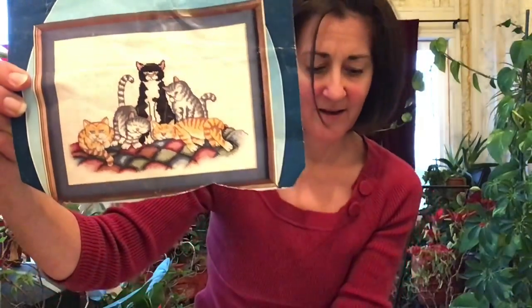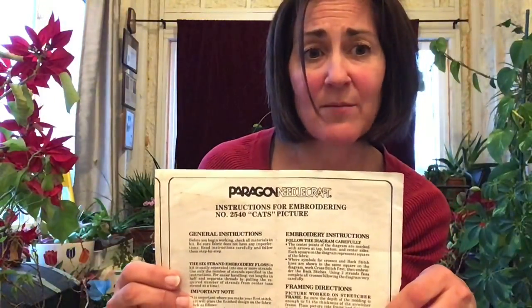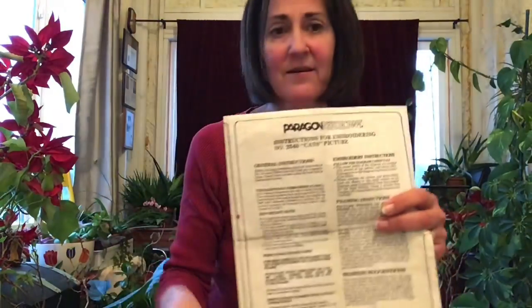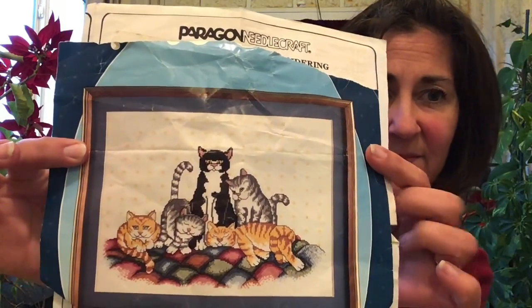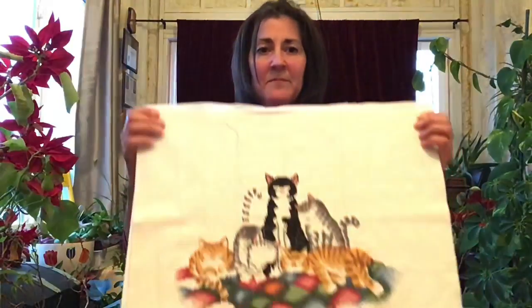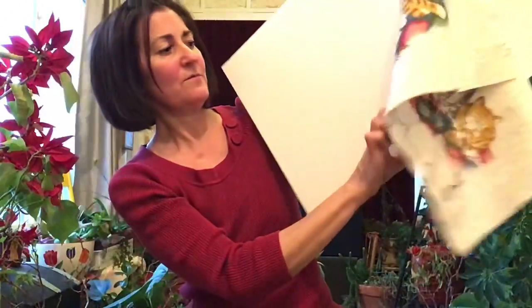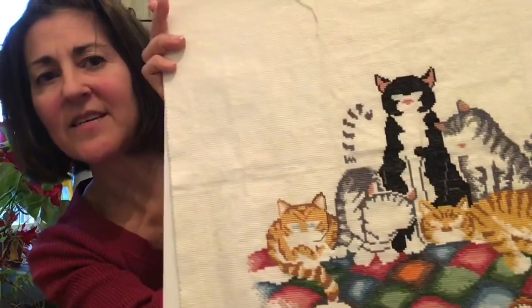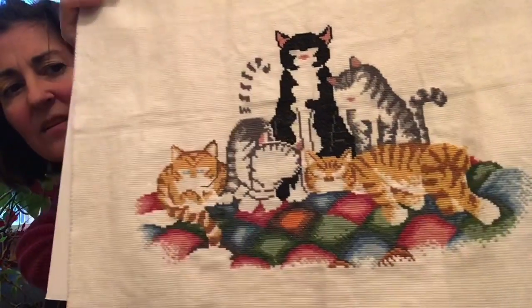So this project is this. I even kept the old brochure from it. It's a Paragon. I'm not sure if they are in business anymore, and it's just called Cats. So that's what it's supposed to look like. And here's my progress. As you can see, I don't have a ton left. Some back stitching, a little bit of filling in,